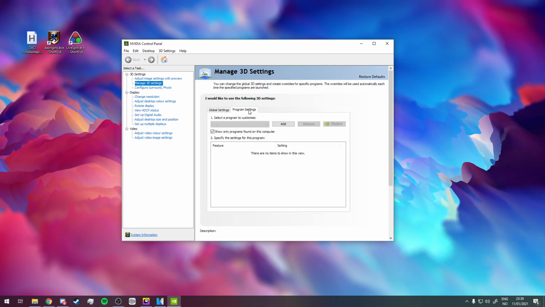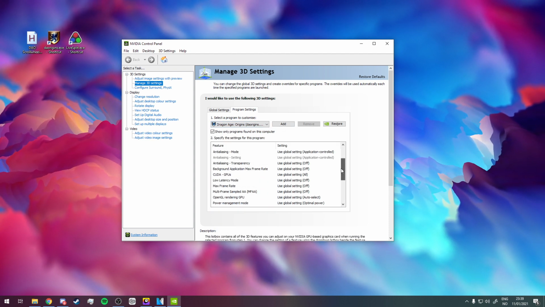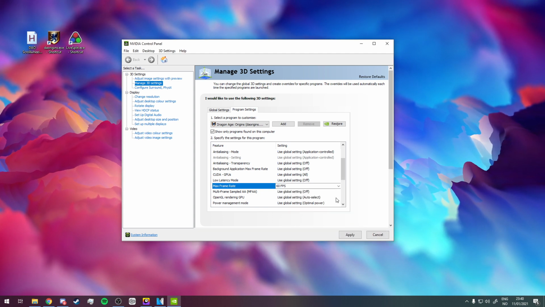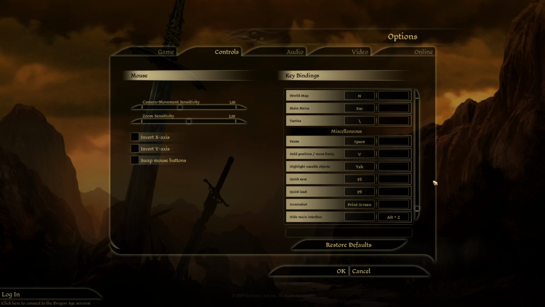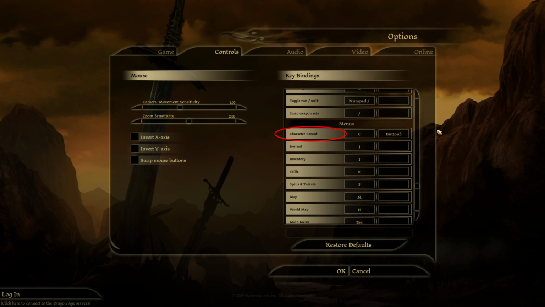Optionally, you could use other software such as the NVIDIA control panel and lock your frames at 60 or lower instead, whatever is comfortable for you. But for now, keep your frames unlocked. You might want to change some of your keybinds, particularly the ones for holding position and selecting all characters. I also have the character screen bound to one of the buttons on my mouse to make it more accessible